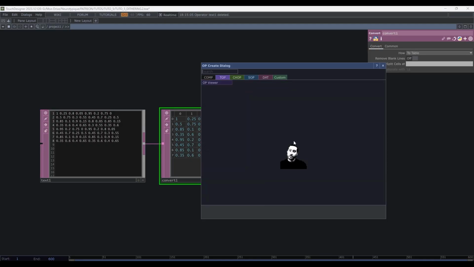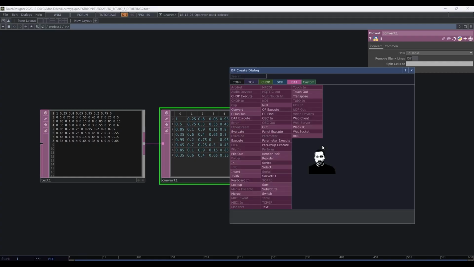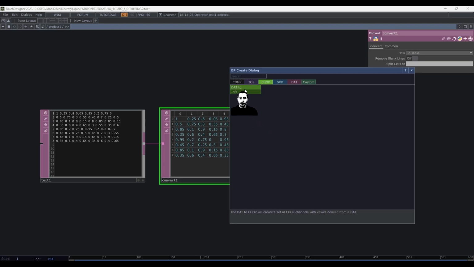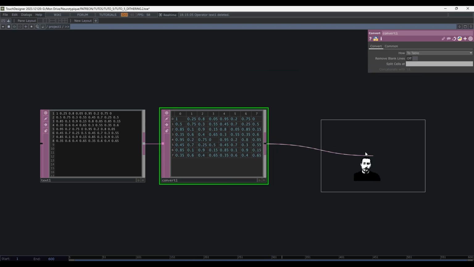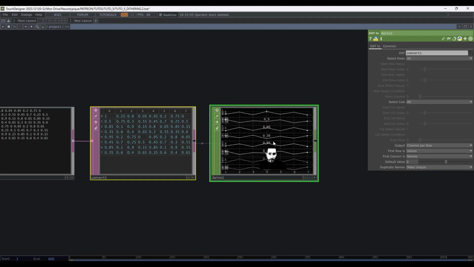Now we can't directly transform this into a TOP, so we'll just create a CHOP. So I just drag a connection from the output of the convert, then select DAT to, so from a DAT to a CHOP, and then for the output I say I want one channel per row.